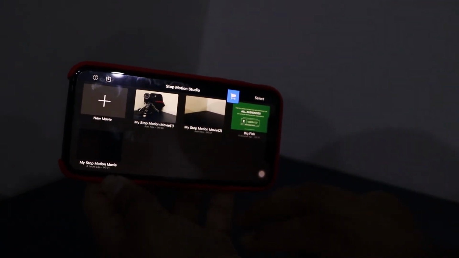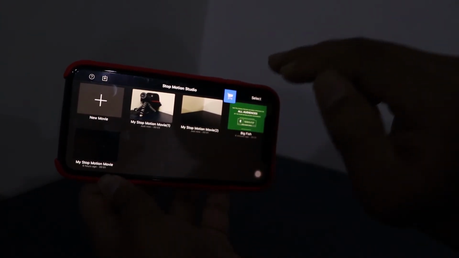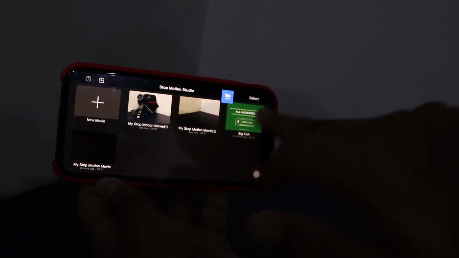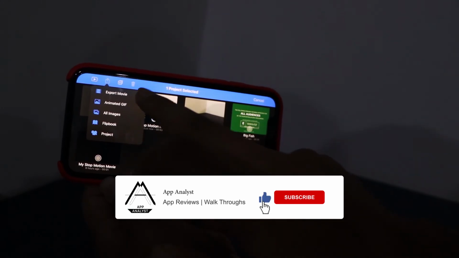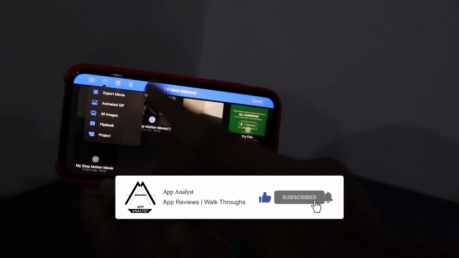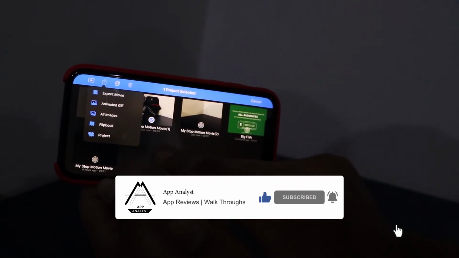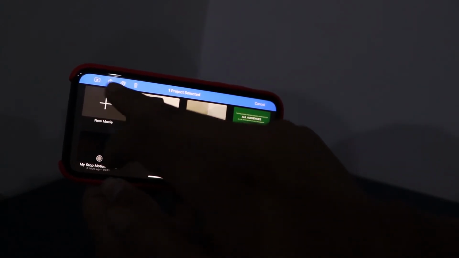And assigning them properly. And then we have an option of exporting the media as well. You just need to select a specific media and you can export it as a movie, GIF, images, projects and flipbook. You also have an option to render the movie, and here the movie has been rendered, and this is how it looks.